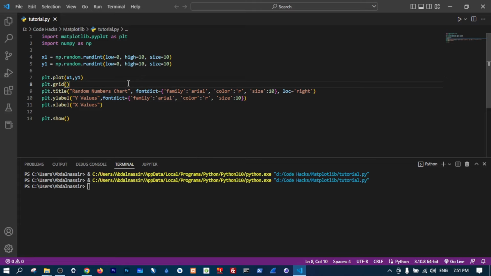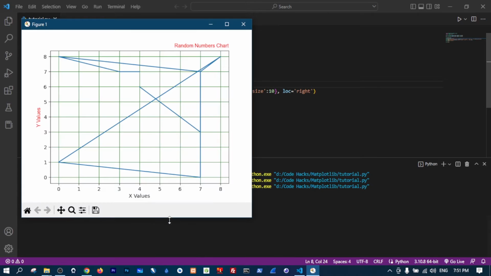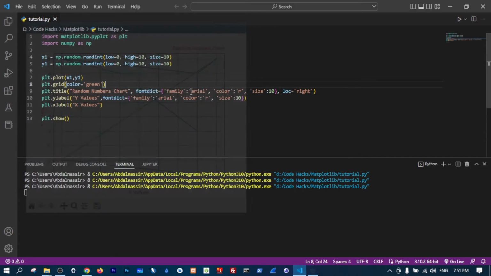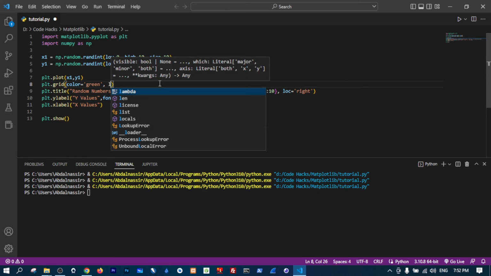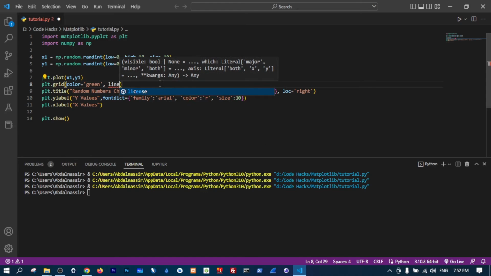So the first thing we can do, maybe color, set that to be green. Why not? Let's see how that looks. And we now have a green line. All right, what else can we do? We can change the line width. So linewidth will equal maybe